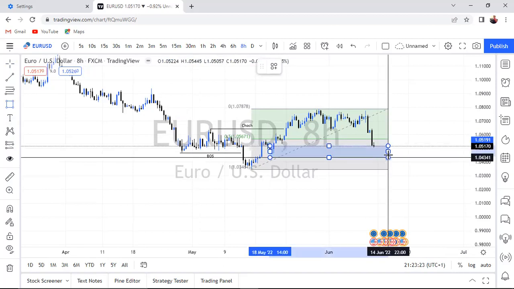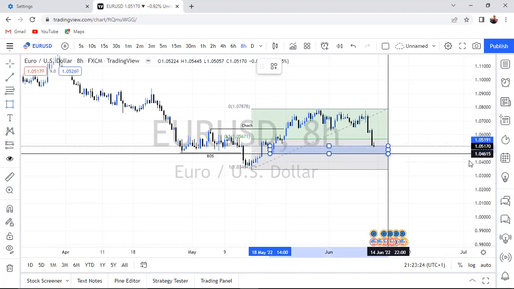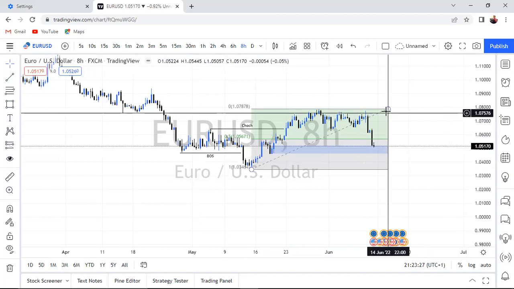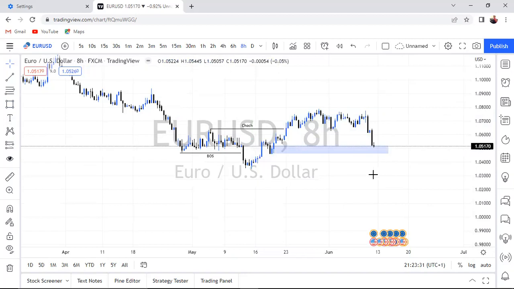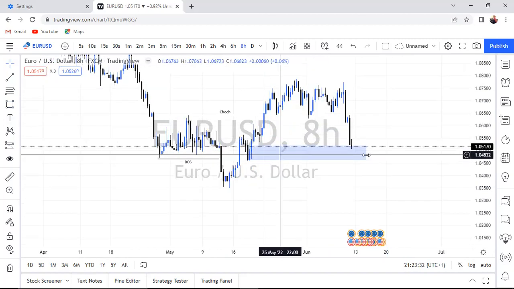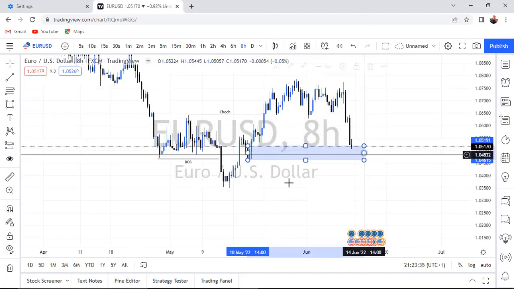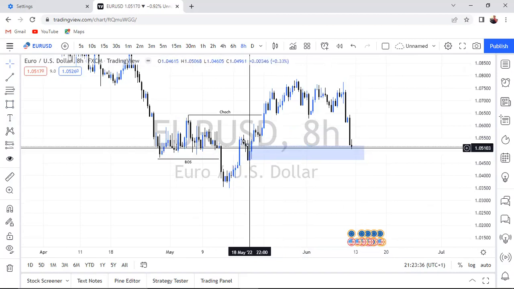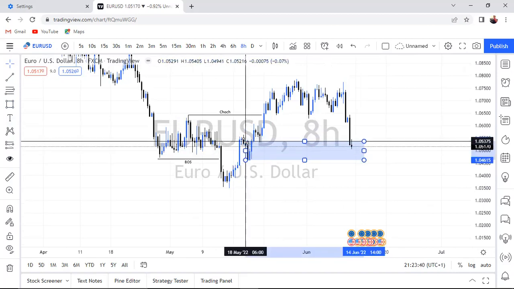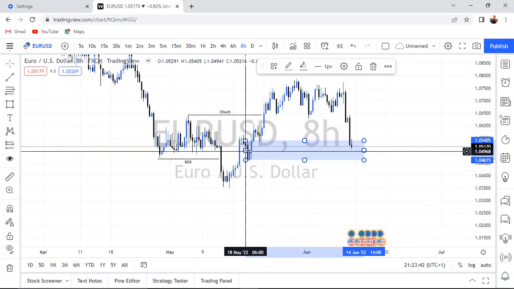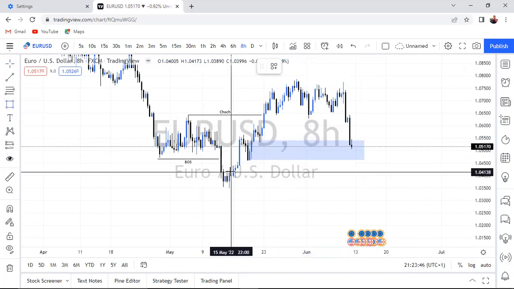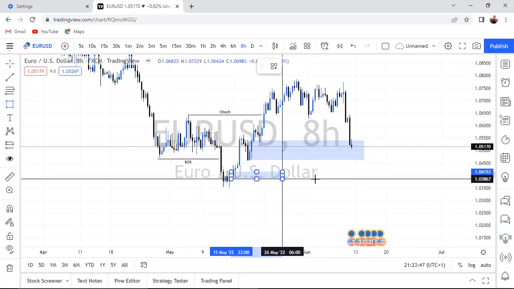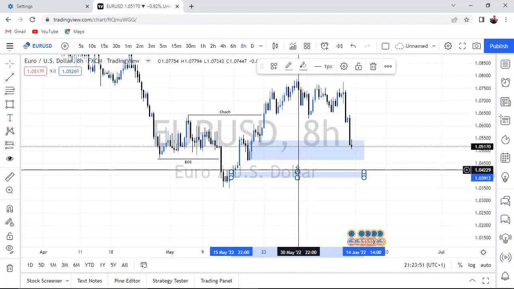Okay. So from here now, this would be an order block, a valid one. Let me just remove this. This is going to be a valid one. I've not refined it yet. Let's just mark it the way it is. Are you getting it? This is a valid one. Then we have another one here, this little doji candle. But I might not be marking that doji because of this wick.